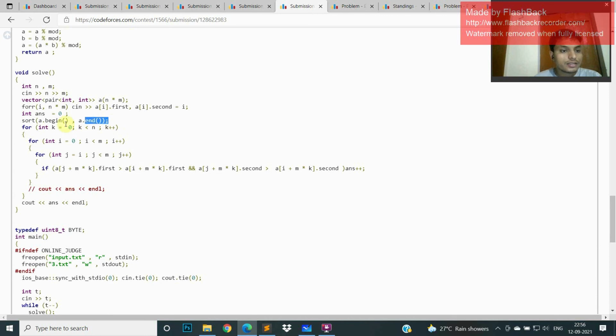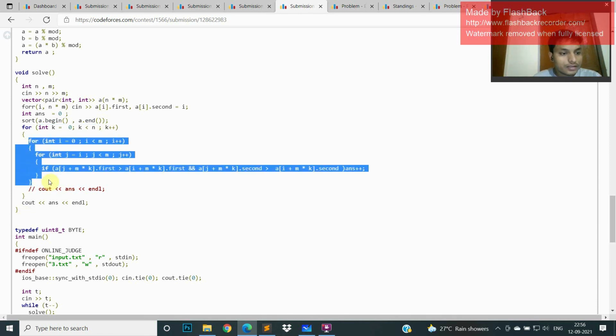I just take the eyesight and the person, then sort according to them. Then I have n rows, so for each row I will calculate independently. How will I calculate? I will just import this code from the D1 problem.